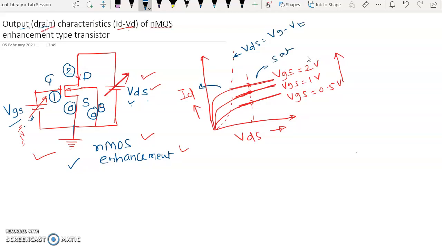To the left of this line is the linear region. So this is the linear region. Basically in the linear region we expect VDS is less than VGS minus VT, and in the saturation region we expect VDS is greater than VGS minus VT. So that is what is expected.